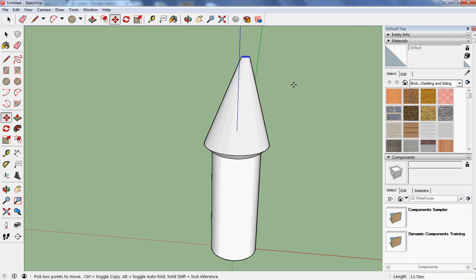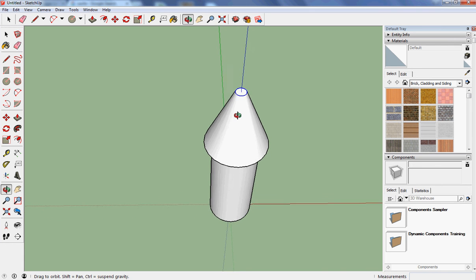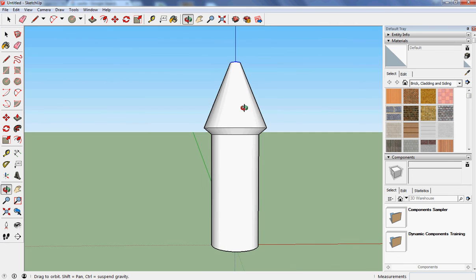Whoops, I didn't want to do that. That's what I wanted to do. Now if I tilt that over to have a look, because it's gone up, this time it's actually put a top onto it. And if I wanted to remove the top, I could, making it into a hollow shape. So now I've got a tower